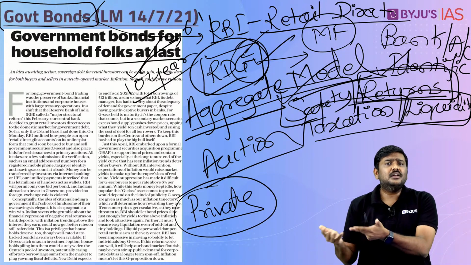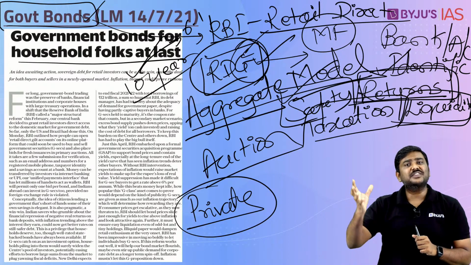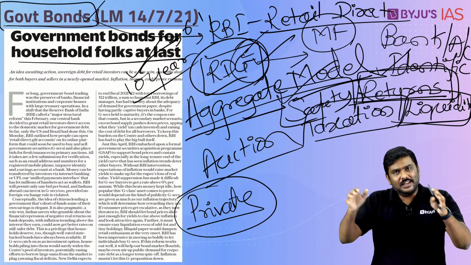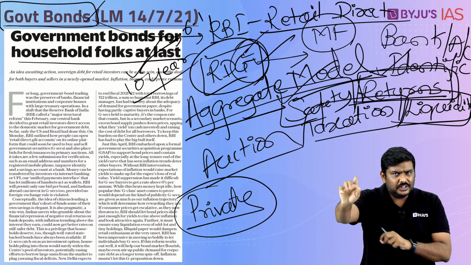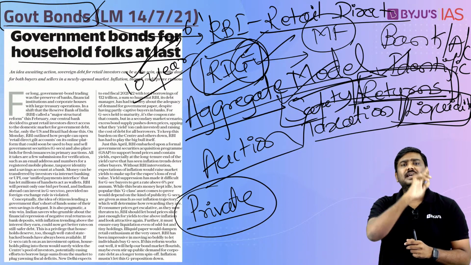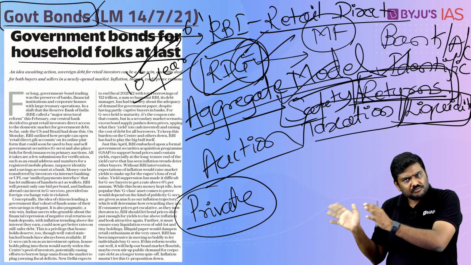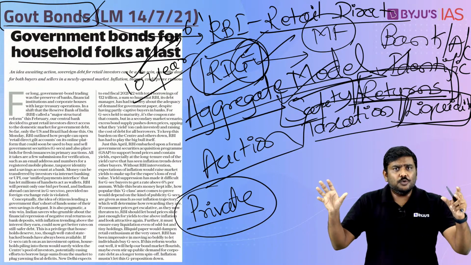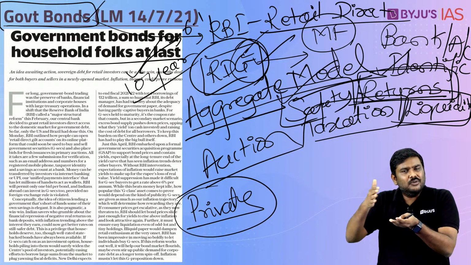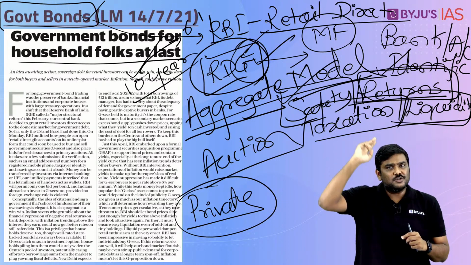A fourth parameter, liquidity. Please understand this, if you are a retail investor, imagine you have kept money in the fixed deposit. And after 6 months, initially you wanted to keep it for, let's say, 1 year, you had entered into a contract with the bank, you basically said 1 year, that is the time period for which I am going to keep the money in the bank. On the other hand, you invest in a government security, let's assume a 10-year government security, obviously you are going to earn the yield rate semi-annually, but the principal will be given after the maturity period itself.